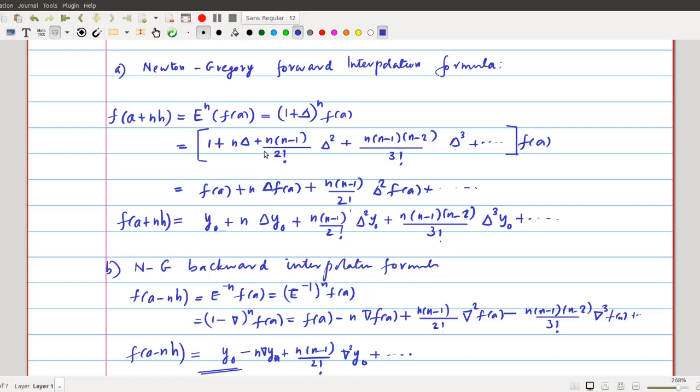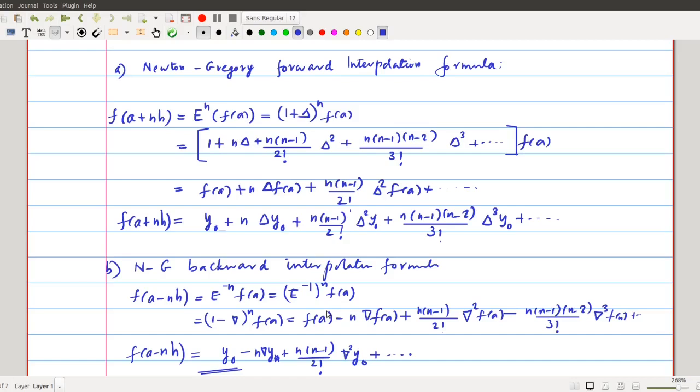So we will replace this. f of a plus n times h can be obtained using the values of f, or this (1 plus delta) whole raised to n. So